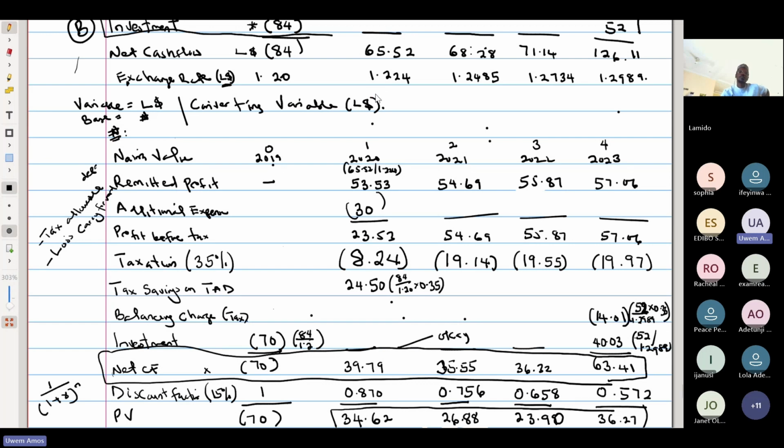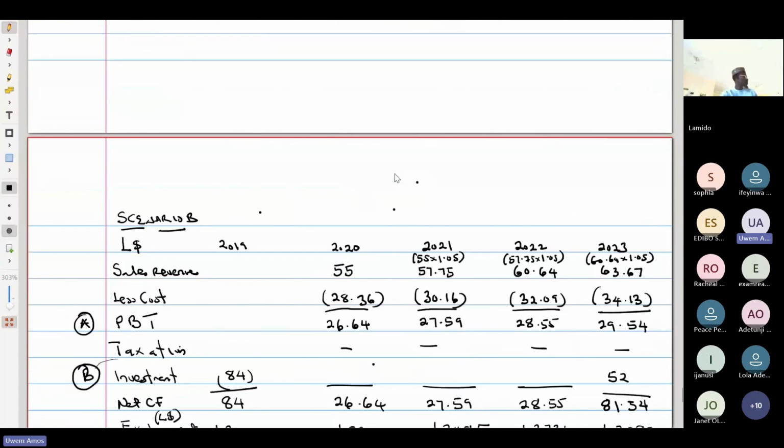So because tax will be paid at the end of the year, let me put it under year 1. Now, if you put it under year 0, your answers will be largely the same. If you put it under year 1, your answers too will be largely the same. Why do we say so? Because when you come to your payback period computation,